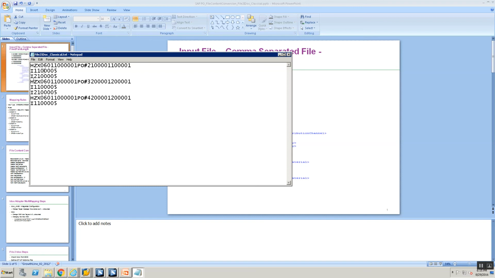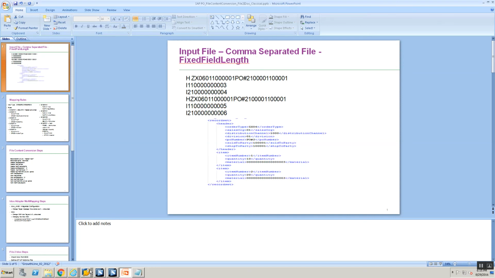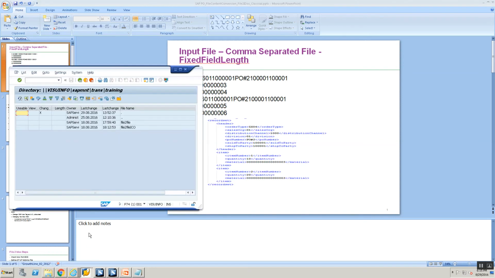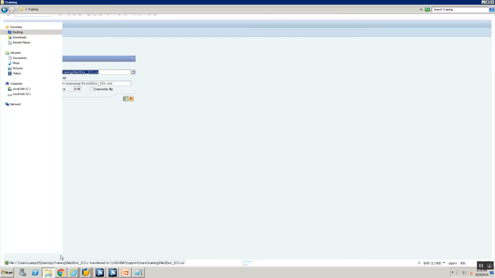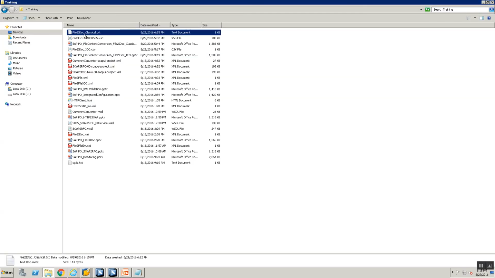Everything has a quantity 10, so let's make the first one as quantity 1. And remember, it's a fixed field length character, so it means you have to have a space here. So this quantity will be taken as 1. The remaining, I'm going to say 9 here, and this is going to be 10. Alright, so now that we have that, let's save this file. And let's go ahead and upload this file. Okay. So now I'm going to go in here, give the name of the file.